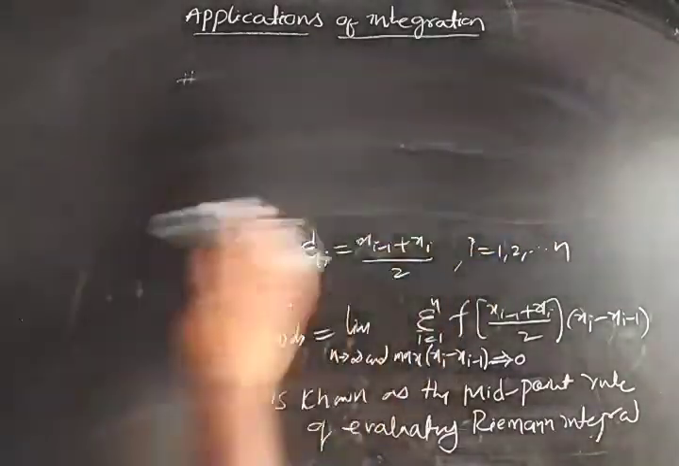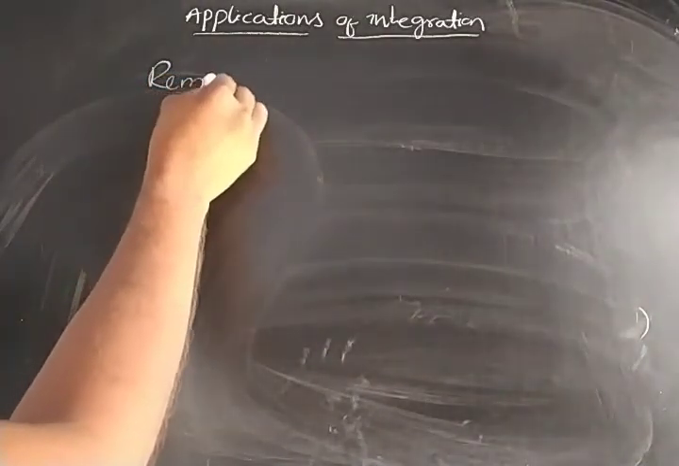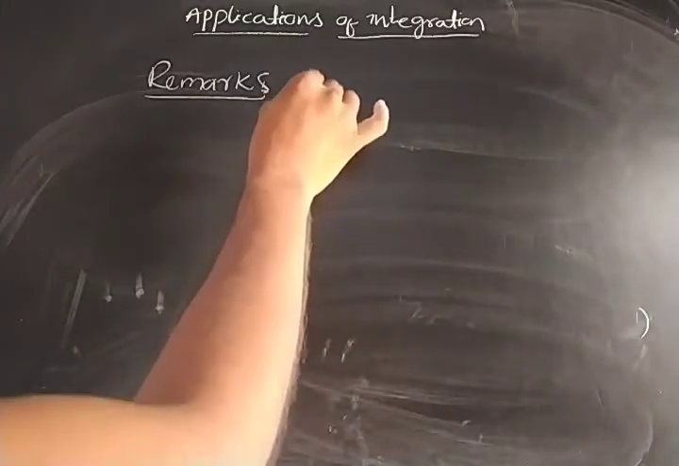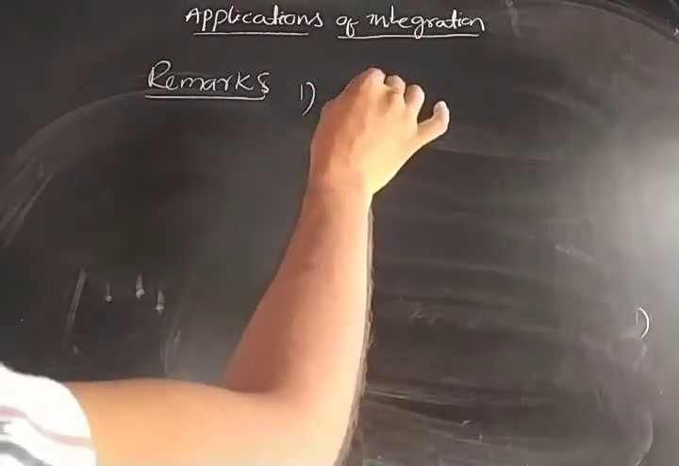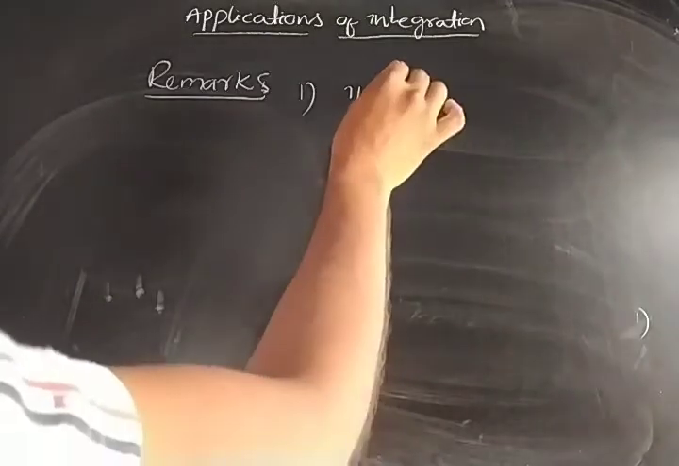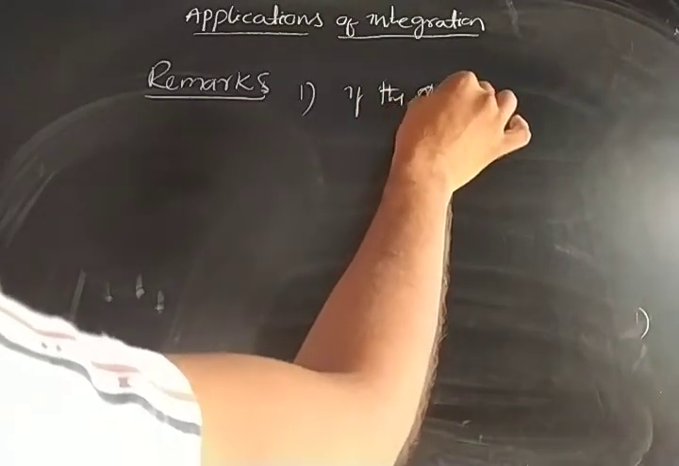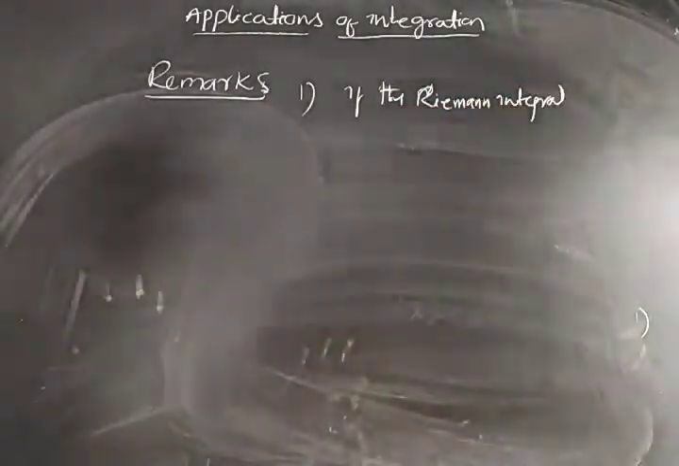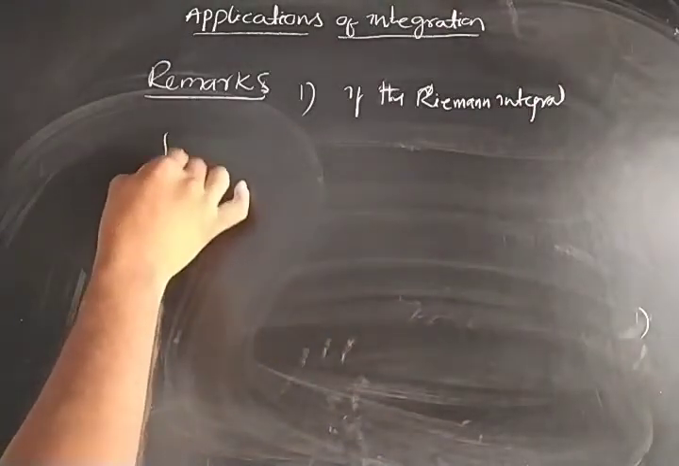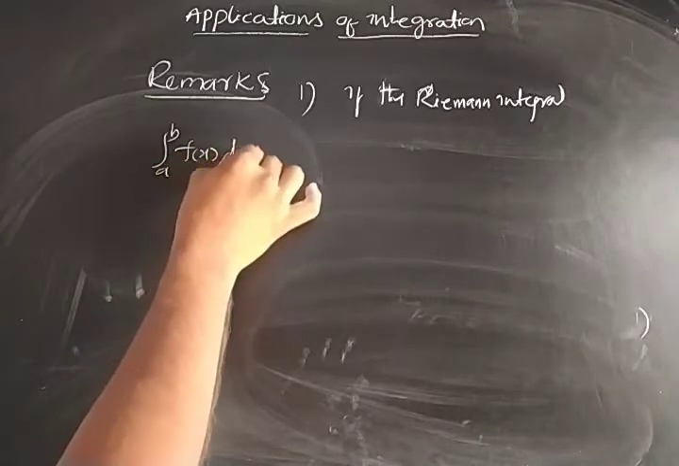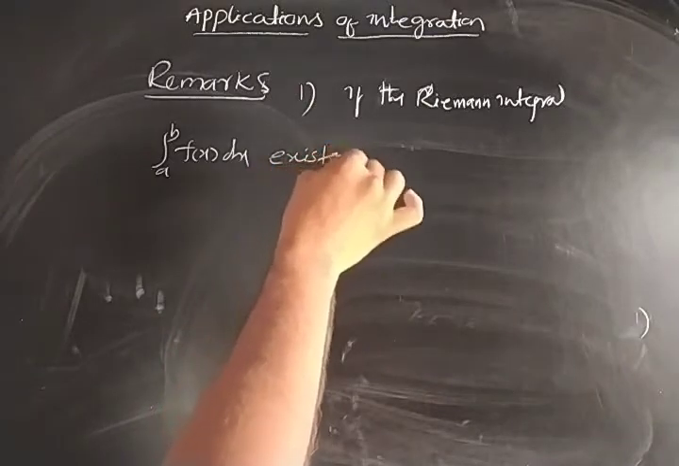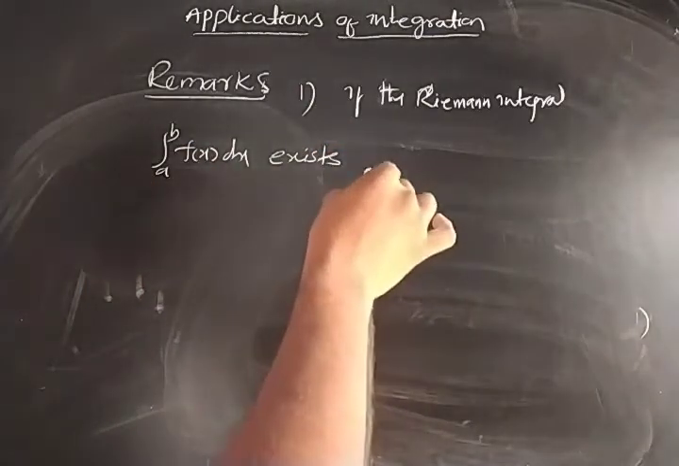Now let us write some remarks. First remark is, if the Riemann integral, which is denoted by integration a to b f of x dx, exists, then the Riemann integral